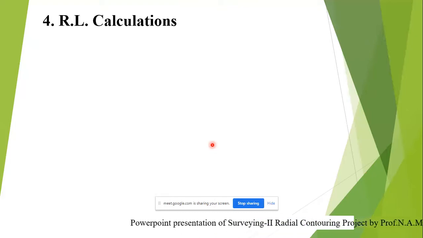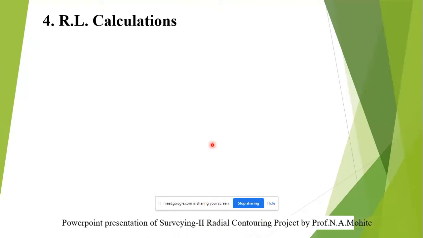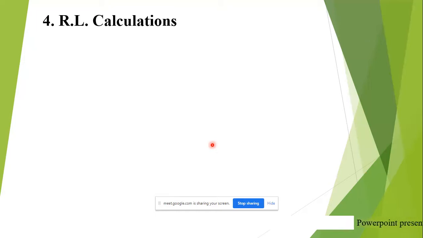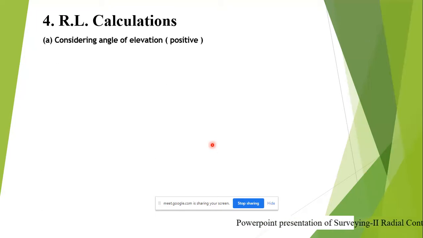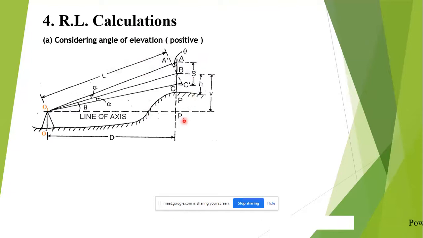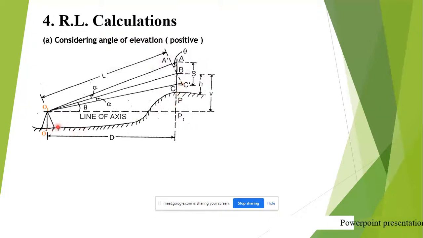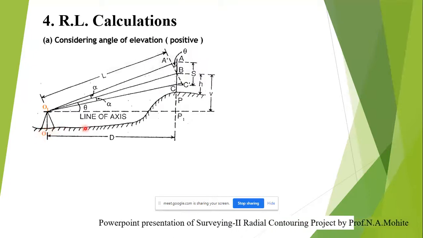But to calculate the other RLs of the grid, we are going to make use of tachometric surveying, the stadia method, in which the fixed hair method is the sub method. So those formulas we are going to adopt. First of all, we should know that whenever there is an angle of elevation or depression, elevation is considered positive. Certain staff positions were on the elevation as compared to the instrument station at O, and some of the points were at depression.